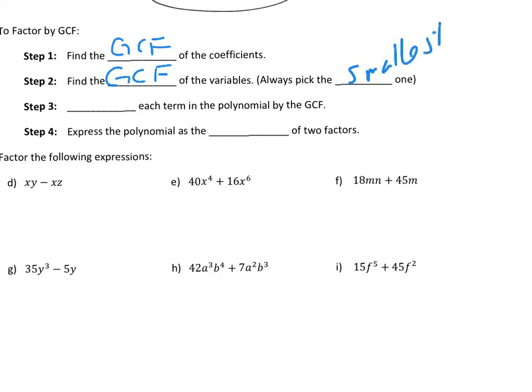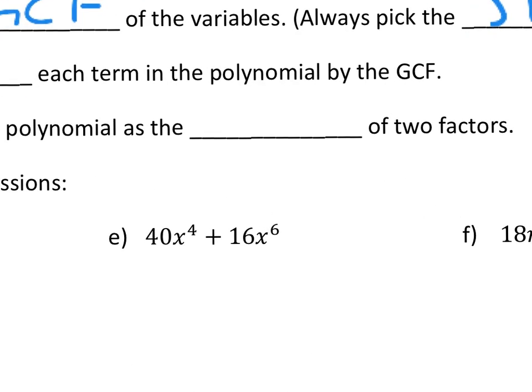Step 3, divide each term in the polynomial by the GCF. So remember, we took the factors and found the product, so the answer was multiplication. So we're doing the opposite. We're dividing. I'm going to abbreviate this one with the division symbol. Divide each term in the polynomial by the GCF. Okay, and then step 4 says express the polynomial as the product of two factors. Because again, our answer should look like we're multiplying. The product